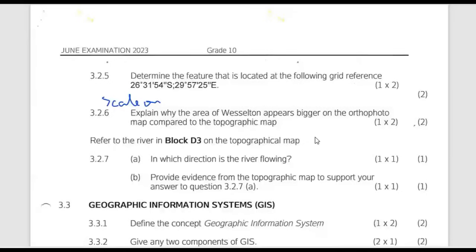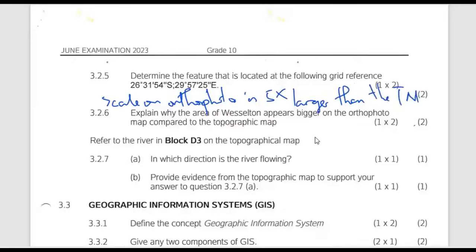on orthophoto is 5 times larger than the topographical map. That is why the features appear bigger, because the scale is larger on the orthophoto than on the topographic map. Right. Then when you're checking the flow direction of a river, what you must check there is, if you see a river,